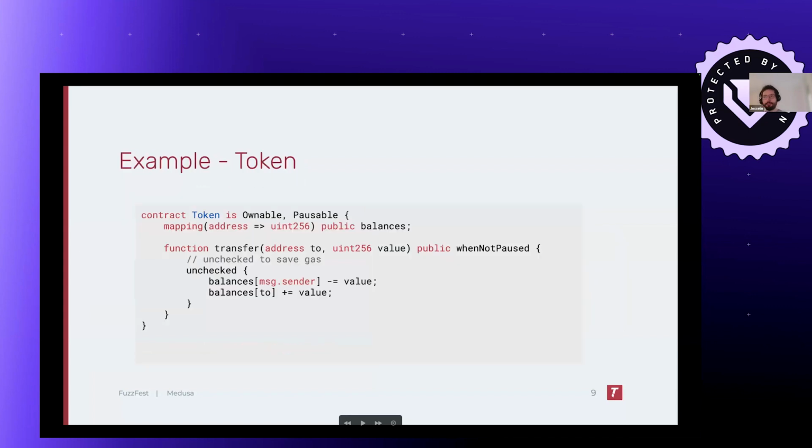If we take a really simple contract, one of the most basic contracts you can think of, an ERC20 token. Let's say we have a transfer function, and in this transfer function, there is an obvious bug where the developer used unchecked arithmetic to save gas. And what is happening here is that within the transfer function, the balance of the caller can trigger an underflow because there is no arithmetic check. As a result of the underflow, if you transfer more tokens than you have in your balance, you end up with a really, really large balance. Nothing fancy here. This should hopefully not happen in real life, but it's just to give you an example of